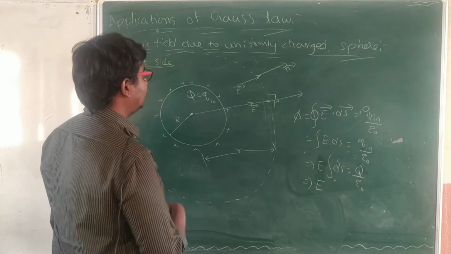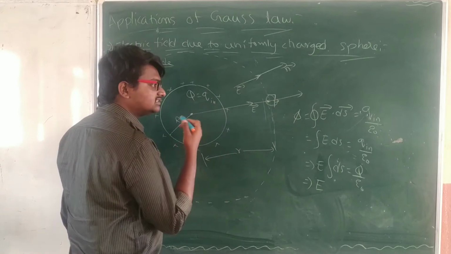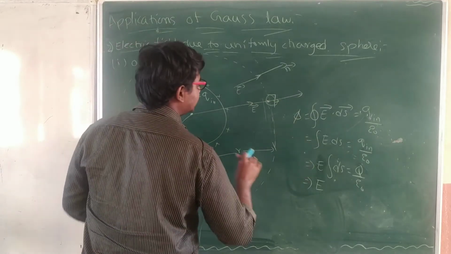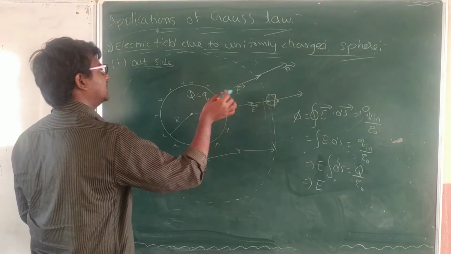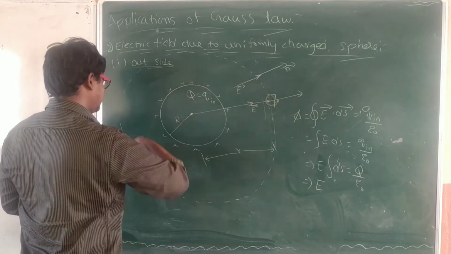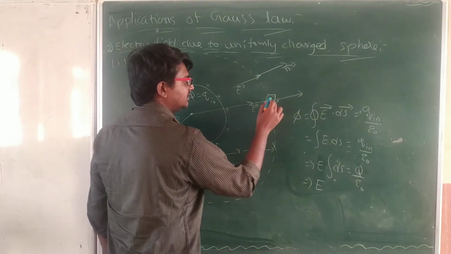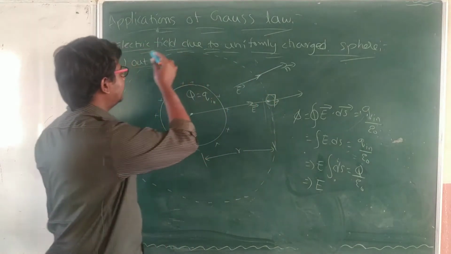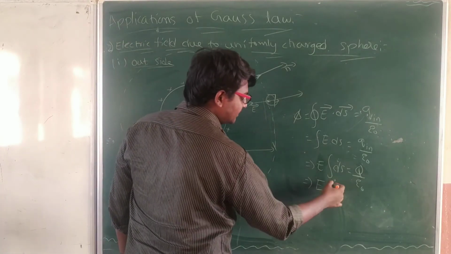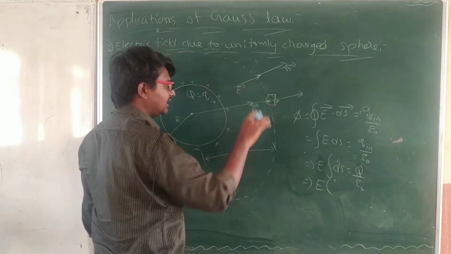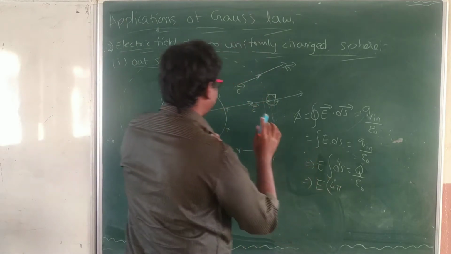How do we have to consider ds? If you consider a small area, that is ds. Integral ds represents the sum of all those small areas, wherever the point P is lying, so the total spherical area we have to consider. Infinite numbers of points will be lying on the Gaussian surface that we have chosen. In that case integral ds becomes the total area of the sphere, which is 4 pi r square.